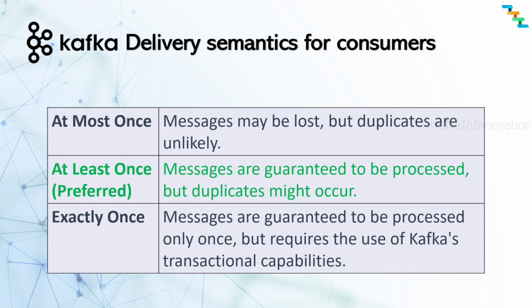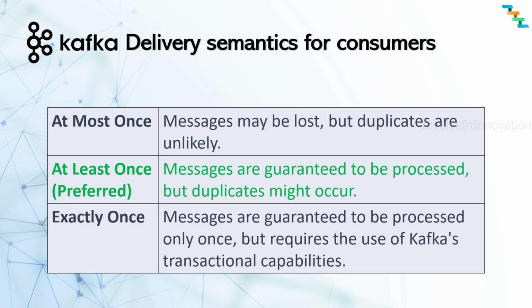If a consumer crashes after processing but before sending the acknowledgement, Kafka will re-deliver the message to another consumer. This guarantees the messages are never lost, but it may lead to duplicate processing if the application is not idempotent. This is the preferred delivery semantics, and the message processing in the application must be idempotent. That is, if the same message is processed more than once, it should not change the state of the system